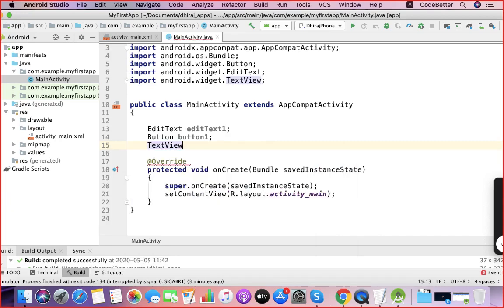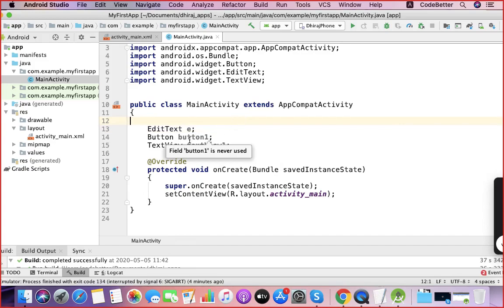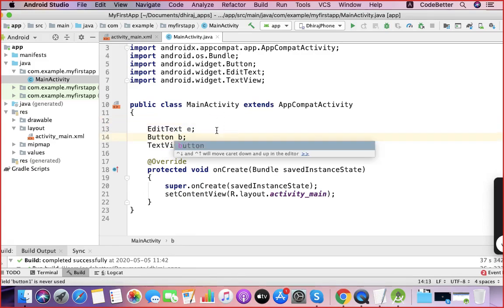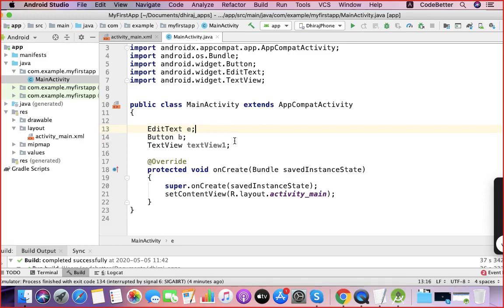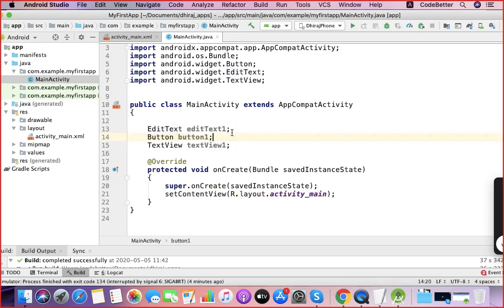Try to give similar names to the references as the IDs, although it is not required. You can type here E, you can type here B, you can type here M, anything. But to remember, try to give the references similar to the IDs available in the XML part. So these are just references, objects are not created. If you manually want to create an object, you can write here new EditText. You are aware of the new keyword.